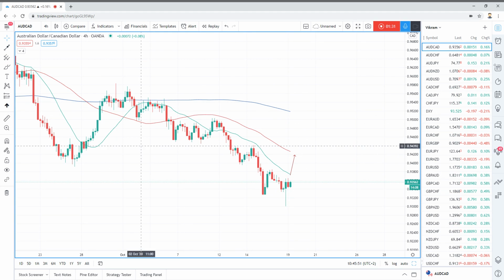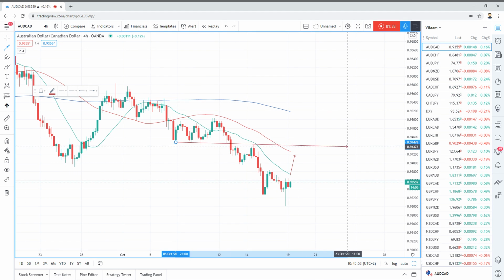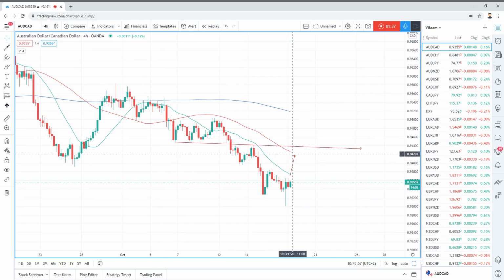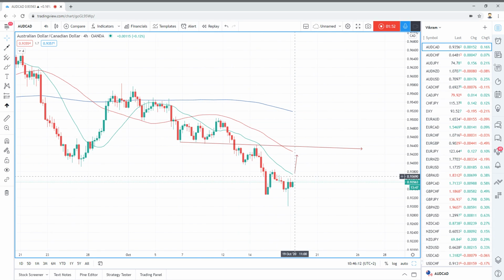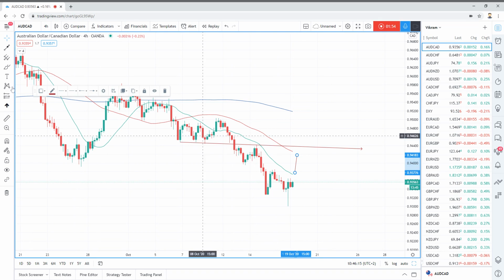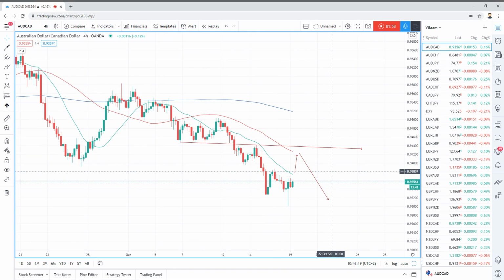And again, here we have trendline resistance also, which is in confluence with the 50 moving average. So in the 4 hour chart we can expect that if price moves higher near the 50 moving average, there is a possibility that price will turn down again. So in the 4 hour chart, our trading strategy can be waiting for price to rise, and when price reaches near the 50 moving average we will sell again.